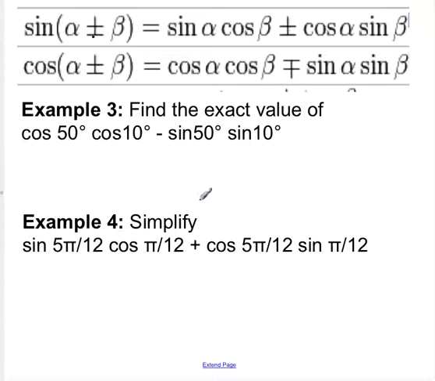The last questions I want to do for today is just going the opposite way. If I see a confusing looking question like this, I don't know what the cosine of 50 is, I don't know what the cosine of 10 is, this might follow a pattern that we know. We might be able to simplify this and actually find the value. Cosine, cosine, sine, sine, right? That's what we see here. Cosine, cosine, sine, sine. It has a minus, so if I simplify, I should have a plus. So this becomes